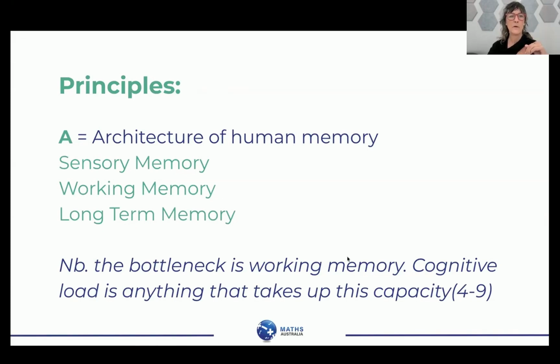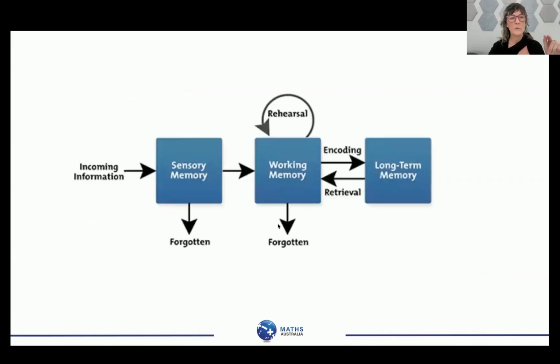We're going to look at the architecture of human memory. This is a visual that's available online when you look at cognitive load theory. On the left-hand side, information comes in, yes? So whether it's through the senses, which we're going to talk a lot about, because our body as a human is the way that we learn, it's the way we retain information. So the more I can touch and feel and see and hear, and this congruency between each of these components, the more effective my ability is going to be to take in information from my senses.